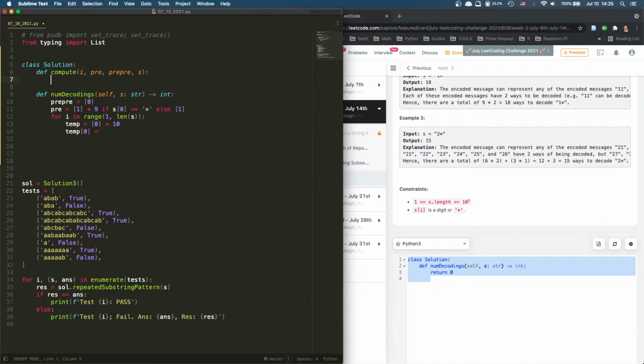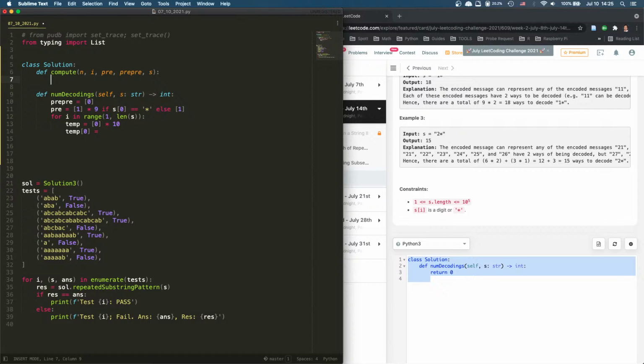And then now we're going to compute something. We have to have n. n is just a value, so it passes 0 in, so we say if n is 0, then